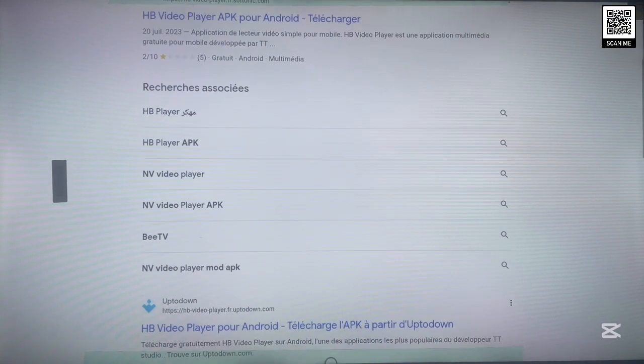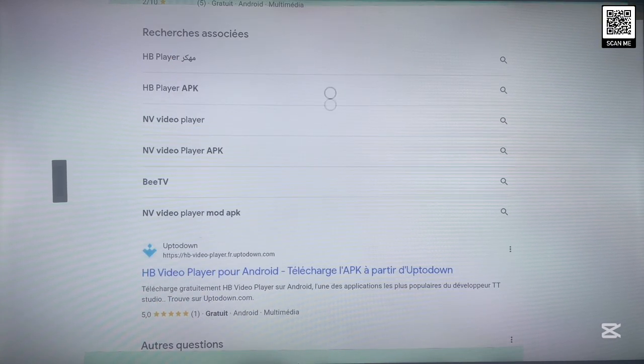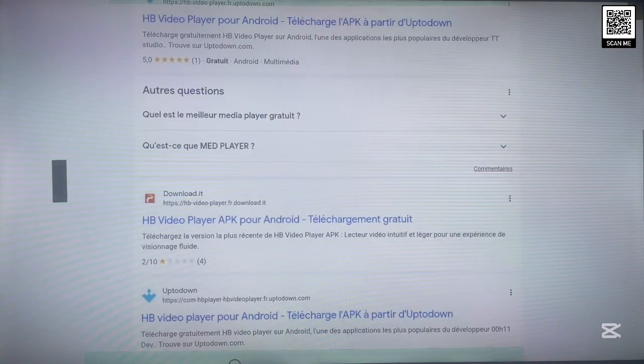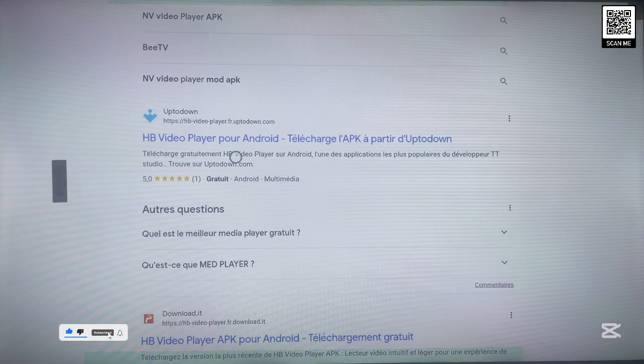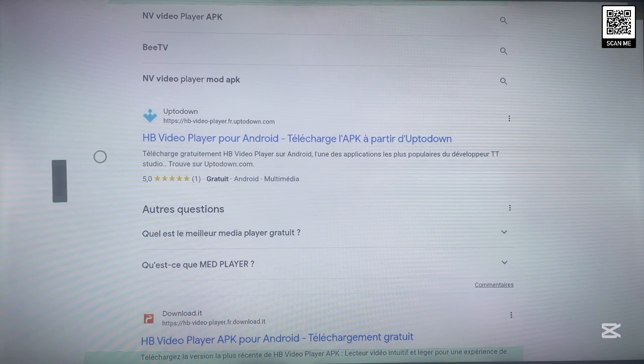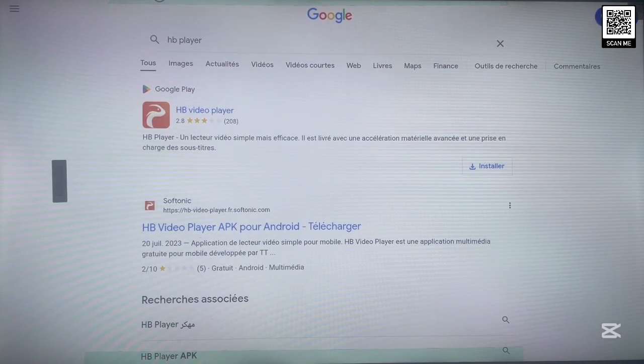There are other options on the internet that can install this particular application, like Aptoide. Now, Aptoide is one of my favorite third-party sources for applications because it is free and also it doesn't have lots of limitations like Google Play Store. So Aptoide, if there is no Google Play Store, you can always use Aptoide to install applications. So with TVBro, you can install applications by searching the name of the application,